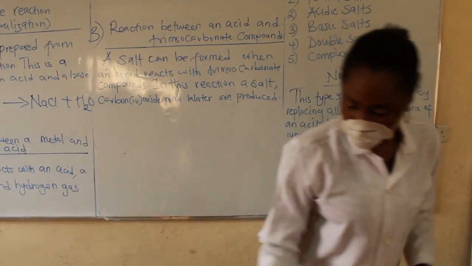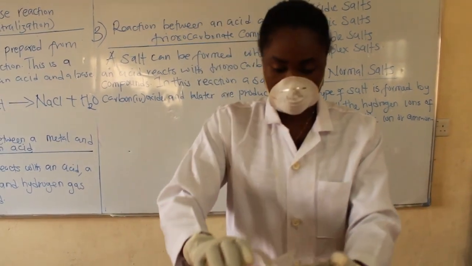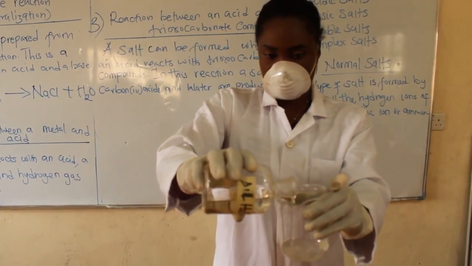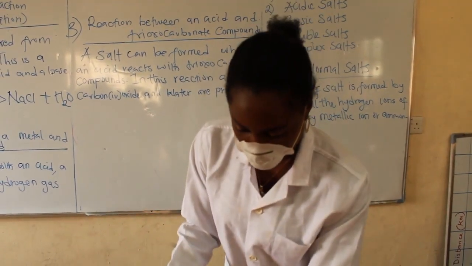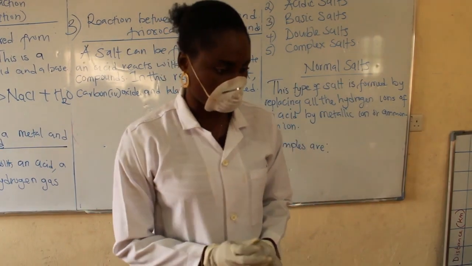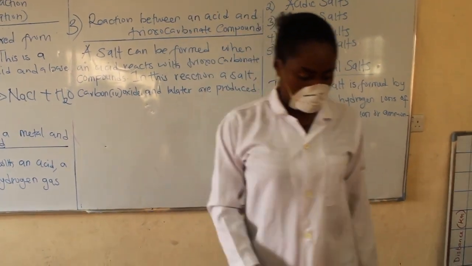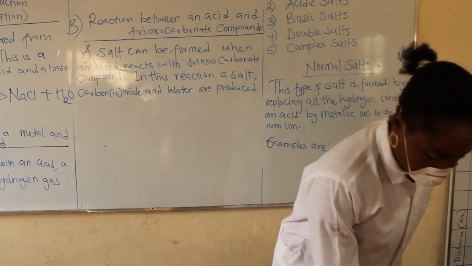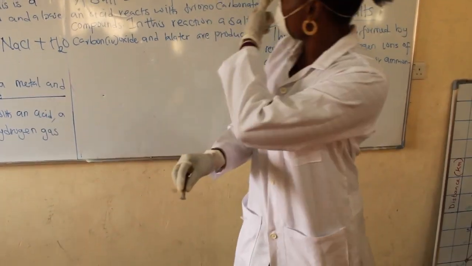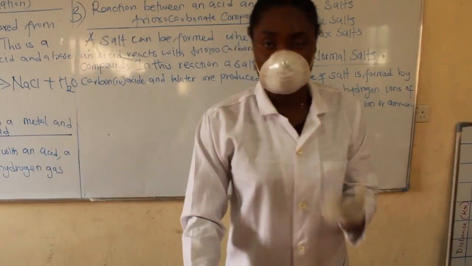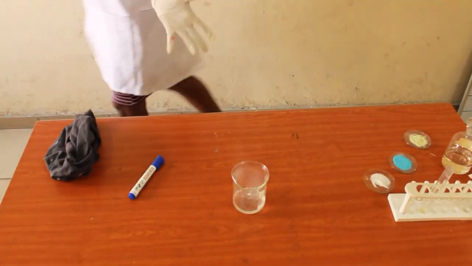So what do I do first? I take a drop of this, put it here, not just a drop, just put a reasonable amount. This one will show you exactly what you want to see. And then that's our acid, our H2SO4, and this is our sodium. We are reacting them to produce sodium sulfate, that's the salt, and then hydrogen gas. Just observe. This is exactly what we form.